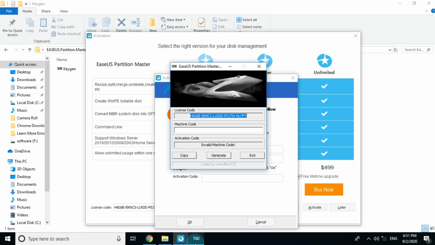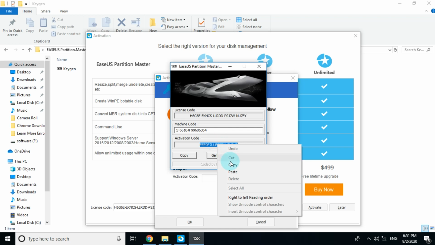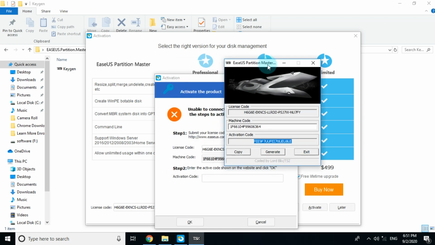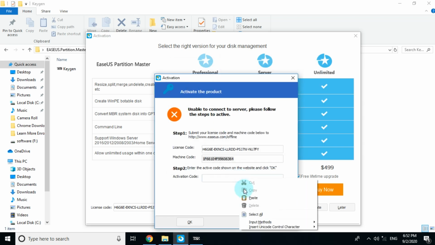Yeah, copy. And now go to this key maker, and in the machine code, paste that machine code. And now you can see in the activation code, it's magic, you have got the activation code, just copy that. And now paste it here and click on OK.